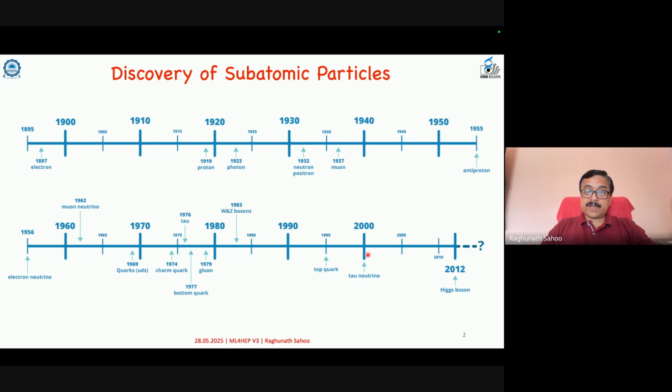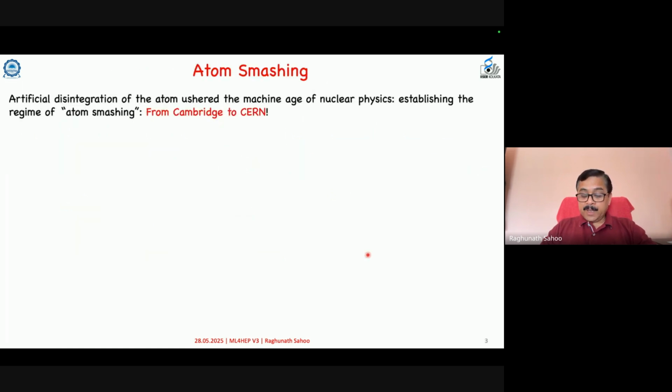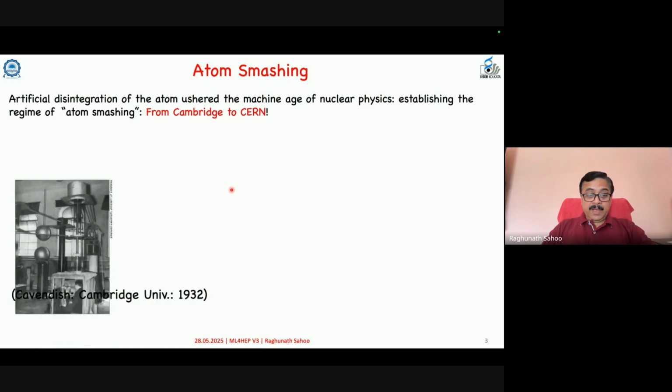And this is our history of subatomic particles. If you look at this artificial disintegration of atoms, it ushered in the machine age of nuclear physics and established the regime of atom smashing. Of course, this started from Cambridge, and now we are at CERN, and this will fascinate you when you know